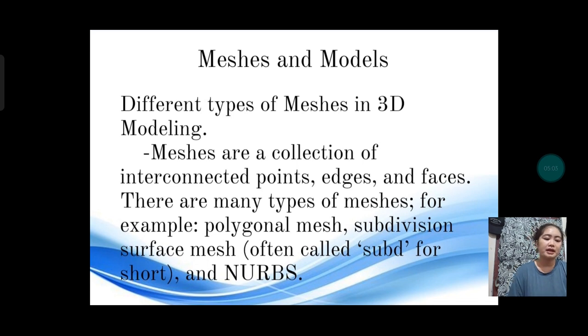The polygonal mesh. If a polygonal mesh is made of triangles, the most basic form of meshes, then it's said to have a triangular topology. If the polygonal mesh is made up of squares instead of triangles, then it's said to have a square topology. If it has an angular topology, then it's said to be made of polygons with more than 4 edges.